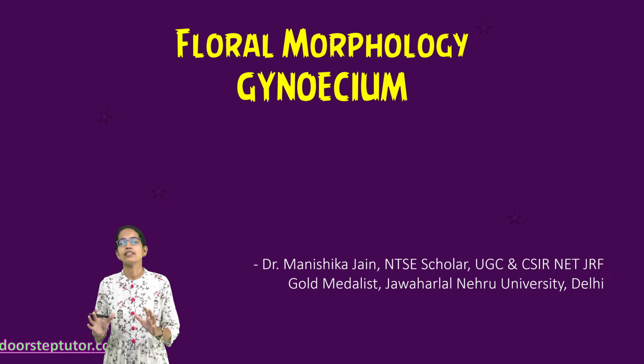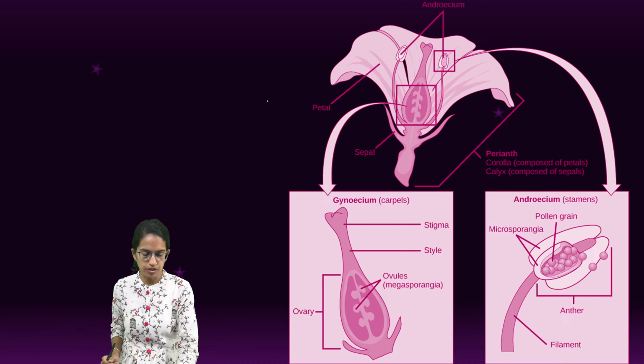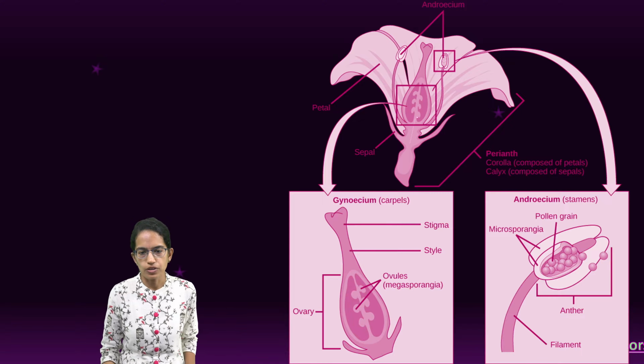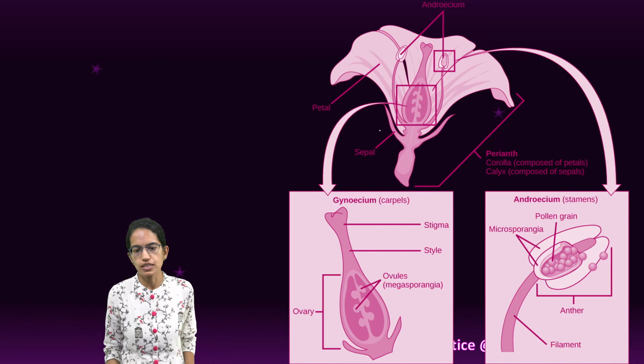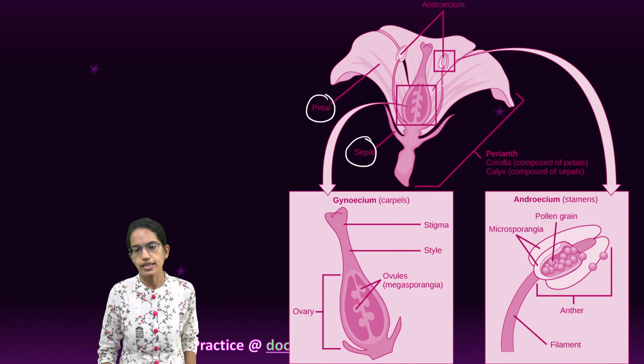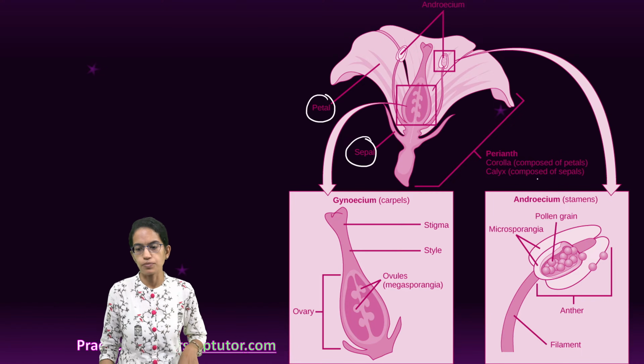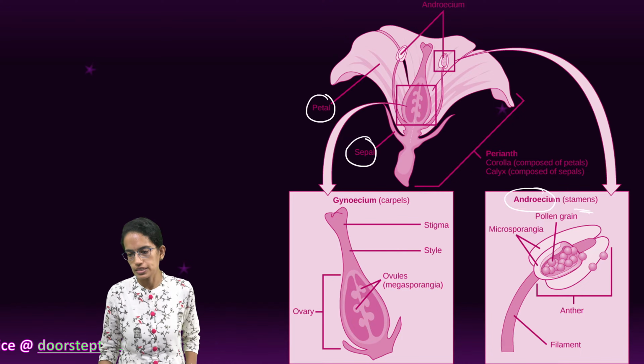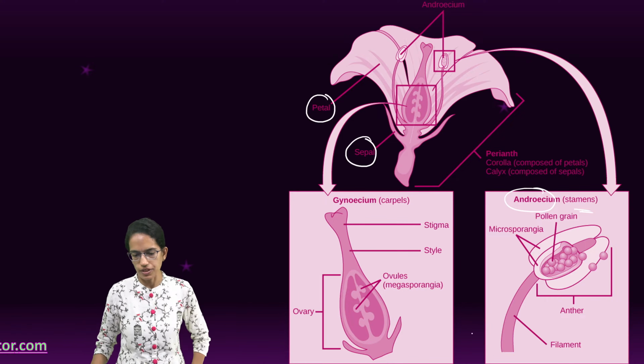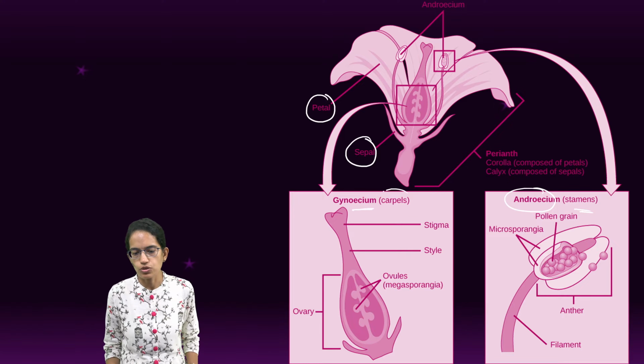Let's understand gynoecium within the floral morphology. If we talk about the parts of the plant, as we have seen, the sepals are the calyx, corolla is the petals, and then we have androecium and gynoecium. Androecium includes the stamens, the pollen, the anther and the filament, and gynoecium, which is also known as the